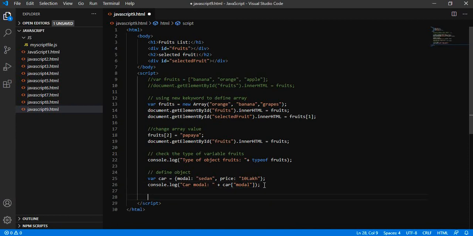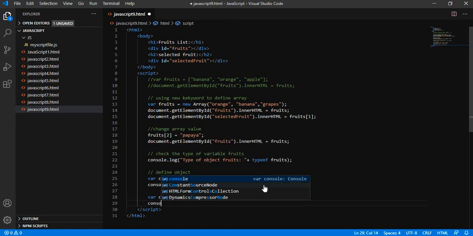What if we define, suppose that we are defining a car array equals to car1, car2, car3. We are simply printing the car array value.